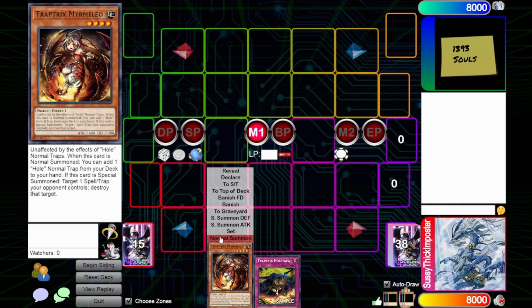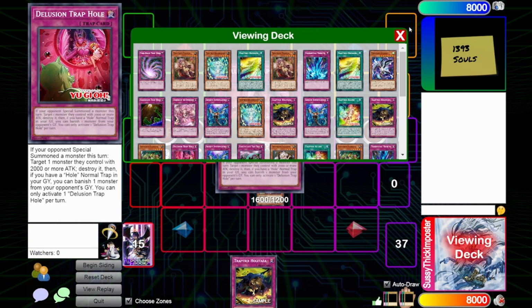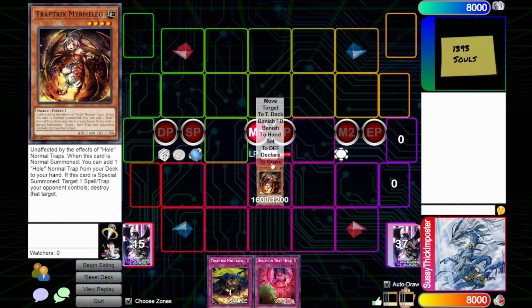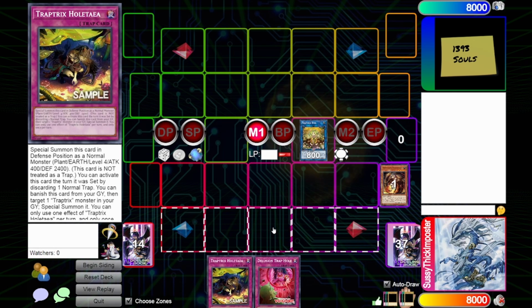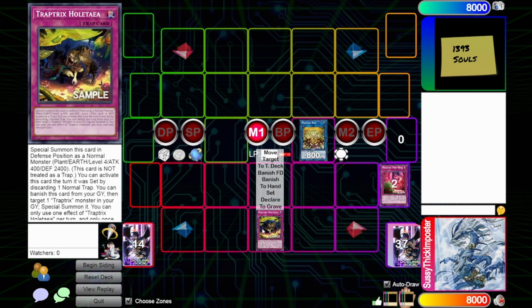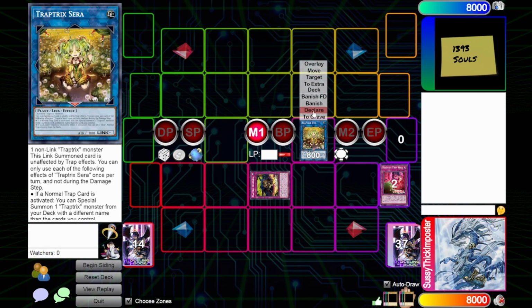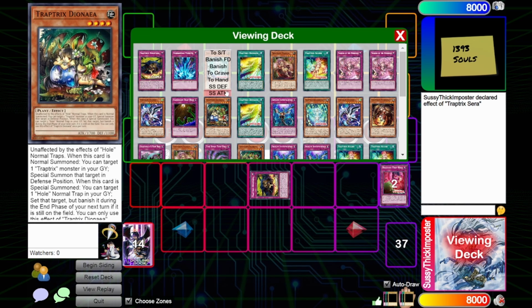We will start off by normal summoning Myrmelio, and we will search a Hole normal trap. Let's get Delusion. Then we will link off into Sarah. Now, we will set Holtea, and then activate it by discarding that trap hole we just searched, and it special summons itself. Sarah triggers because a normal trap is activated, which allows us to summon a Traptrix from the deck,